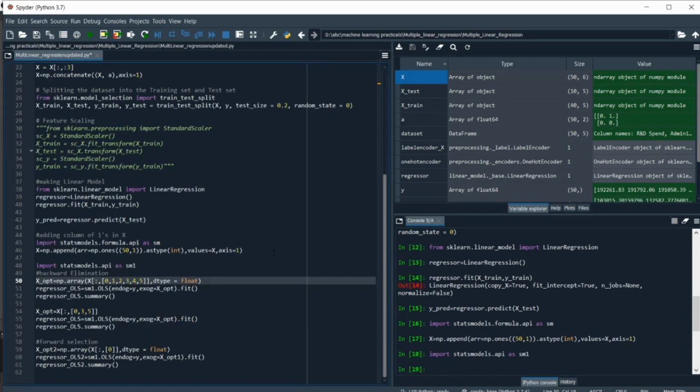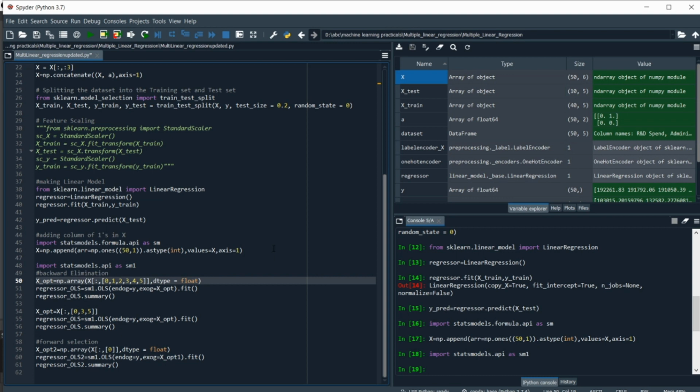So in backward elimination, first we are going to take all the independent variables, including the constant, and then we are going to remove the independent variables one by one which have no relation or very little relation with our dependent variable. We keep doing this one by one, removing one column or one independent variable at a time from our x, until we get a collection of independent variables, I mean an independent variable array x, that has those variables which have a quite strong relation with our dependent variable y.